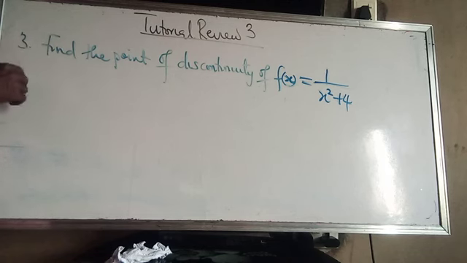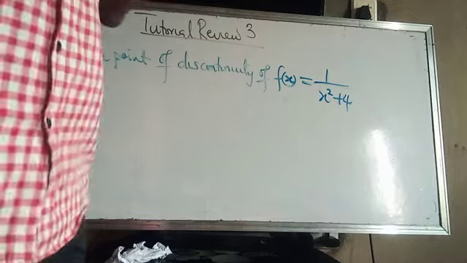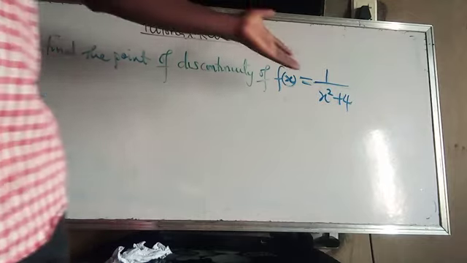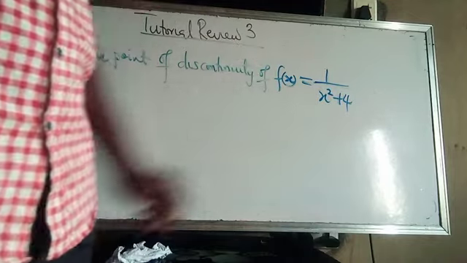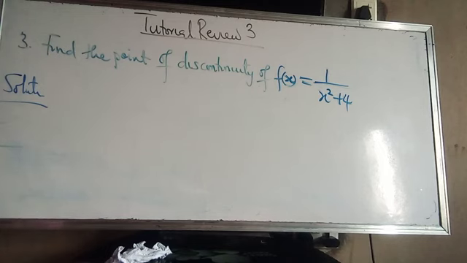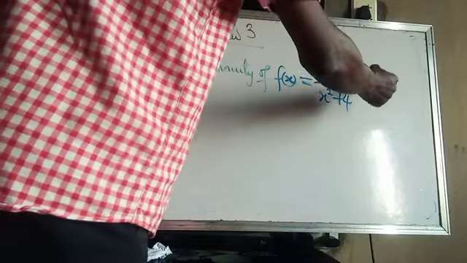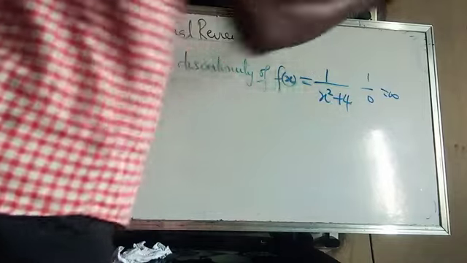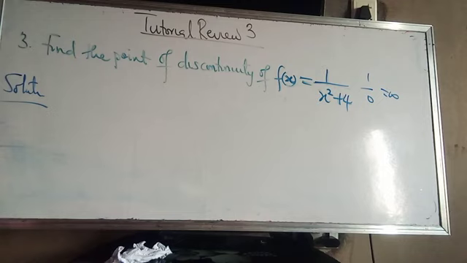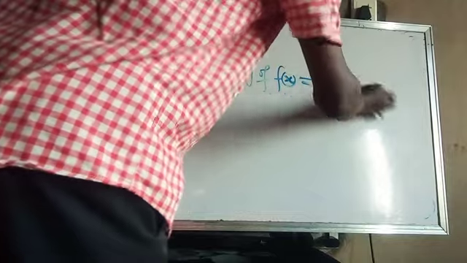Now, let's check this. Just like the rational function I just did, this function will be discontinuous when the denominator is equal to 0. Because the moment we have 1 over 0, it is undefined, and when it's undefined, it is not continuous. So, that's what it means. Equating the denominator to 0,